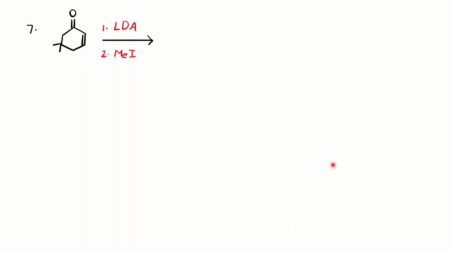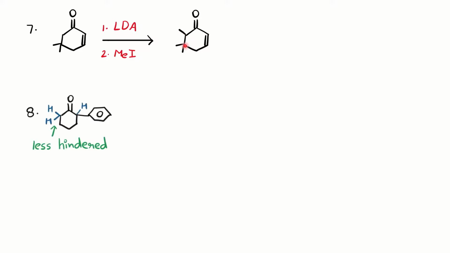See this structure as well. Here you have only one alpha position, since the other side has a double bond. This alpha position has a less acidic proton, because next to it you have two methyl groups, which are electron donating groups, which makes the carbanion less stable, so it is less acidic. The LDA will abstract the proton from this carbon and will do the alkylation at this alpha carbon.